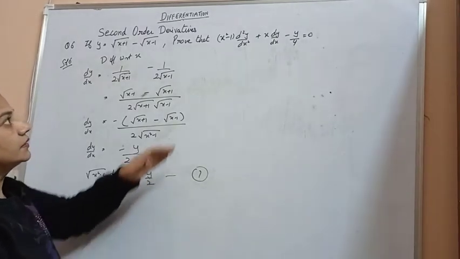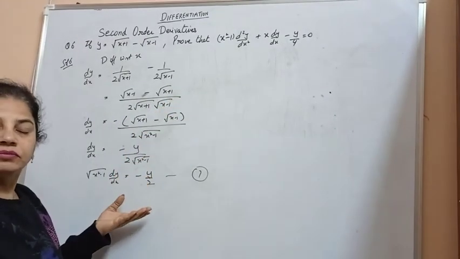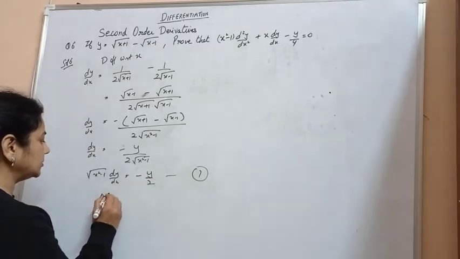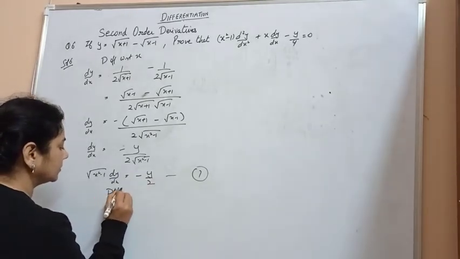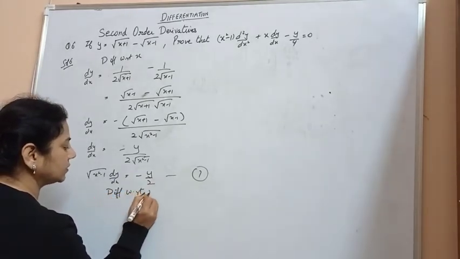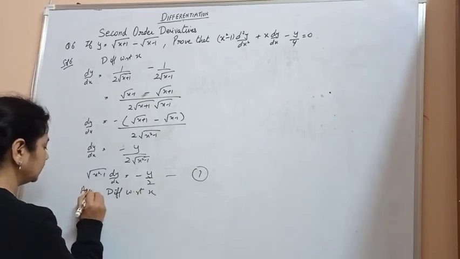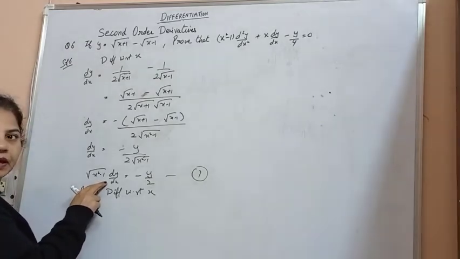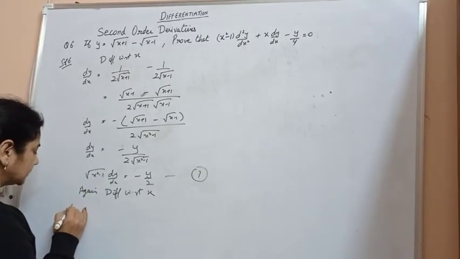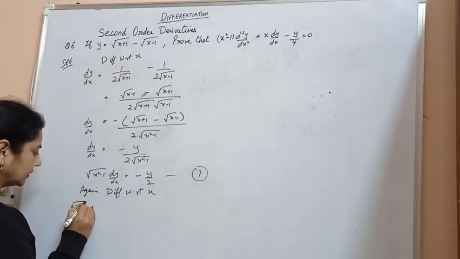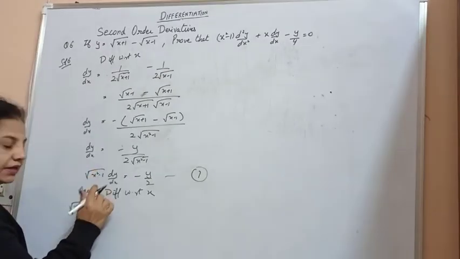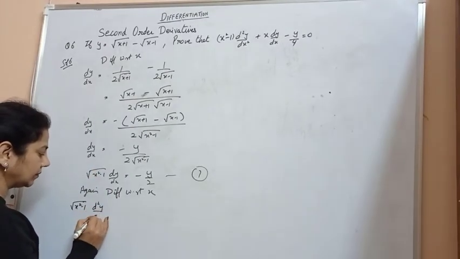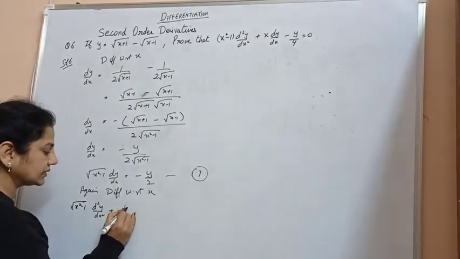To calculate d square y by dx square, I have to differentiate again. So differentiate with respect to x. Again differentiate with respect to x. Here I apply product rule. First function into derivative of dy by dx, which is equal to d square y by dx square, plus second function dy